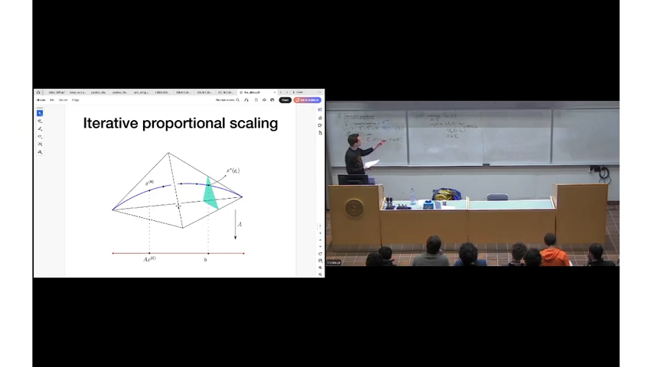So if we only allow diagonal matrices, then this is a linear program. This is the same linear program in standard form that we were studying before the break. So this is a generalization. The feasible region now is not necessarily a polytope anymore. It's a generalization